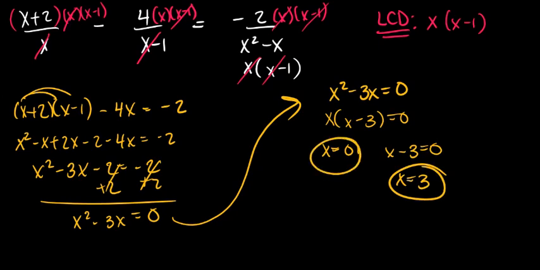And once again, we're going to go back and see, do our solutions work? If I substitute them in, will it give me 0 in the denominator? And because of this denominator here, I can't use 0. If I substitute 0 in, it will give me a 0 in the denominator in that first rational expression. And so our only solution is going to be x equals